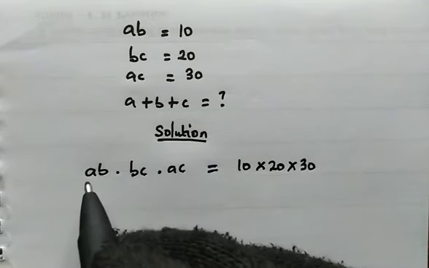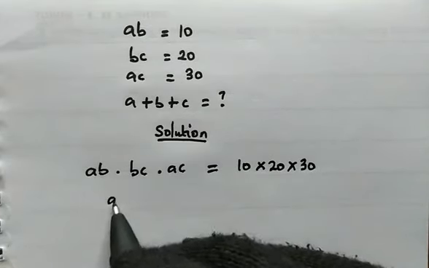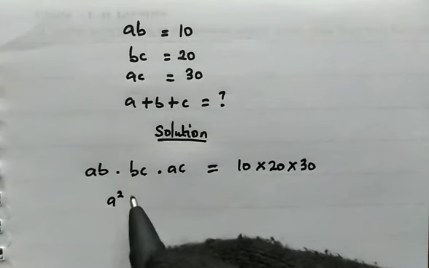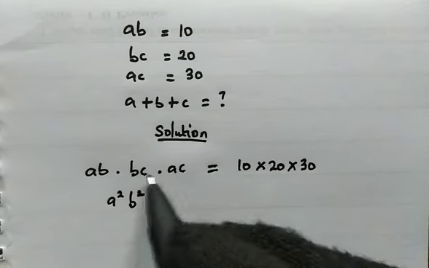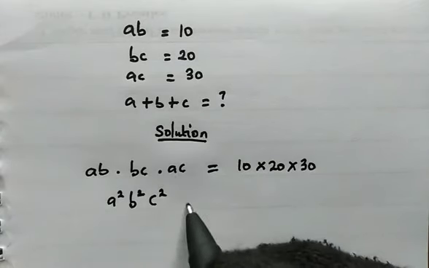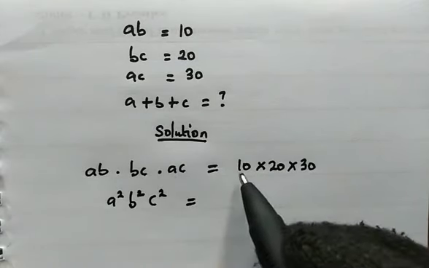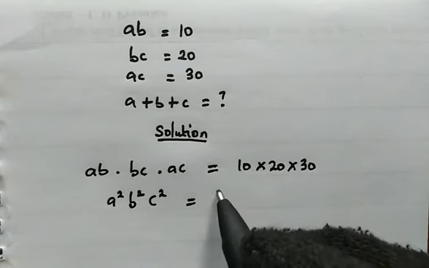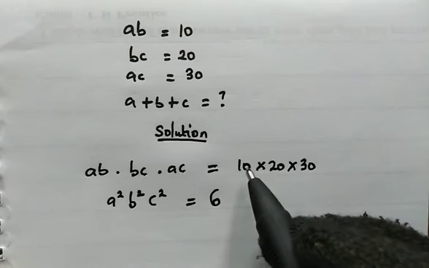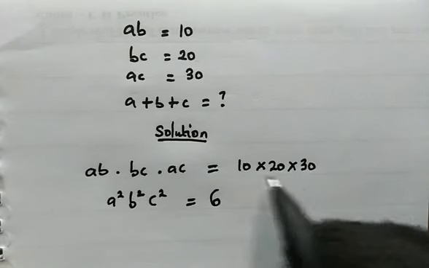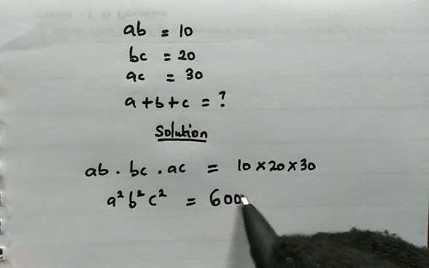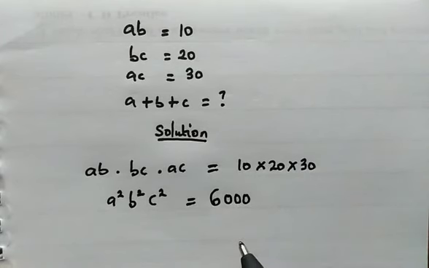And from here we'll find that A times A will be A squared, B times B will be B squared, C times C will be C squared, and this is equal to 1 times 2 times 3, that will give us 6. Then we have 3 zeros involved in this multiplication, which will give us